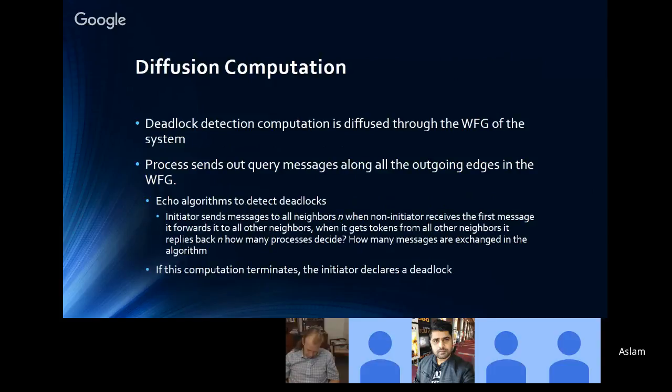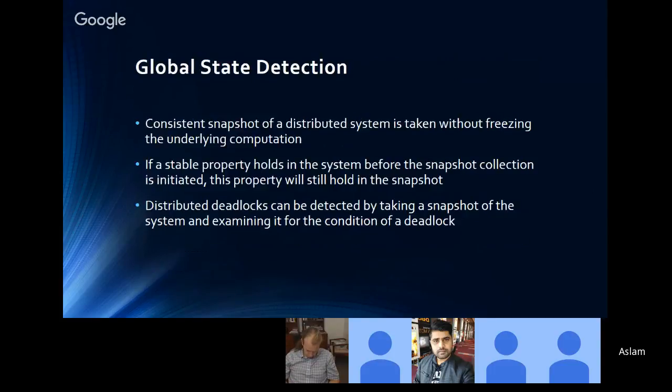And that last one is global state detection. And again, this is basically exactly as it sounds. You find out what the whole system is, the whole situation of all the nodes in your system. And the way it does that is it takes a snapshot, basically, like,